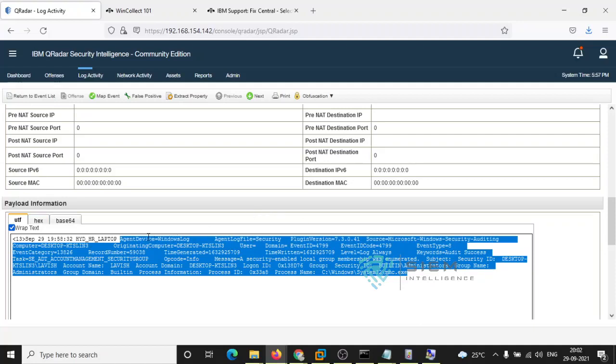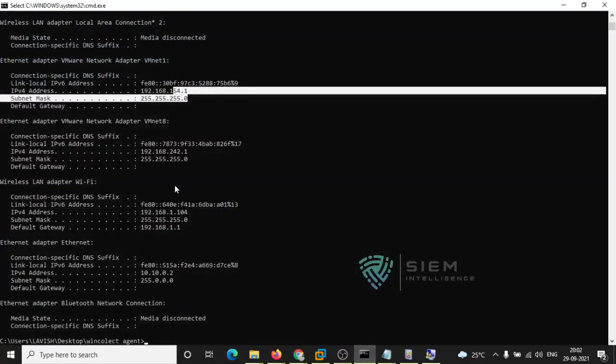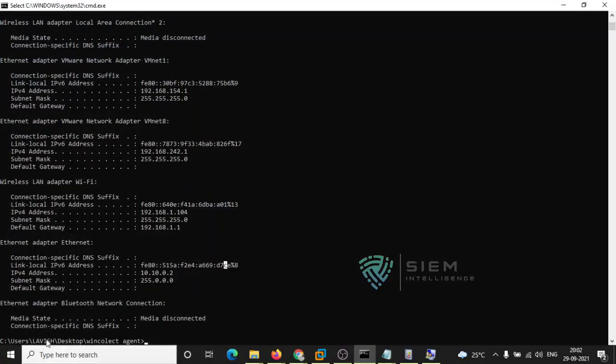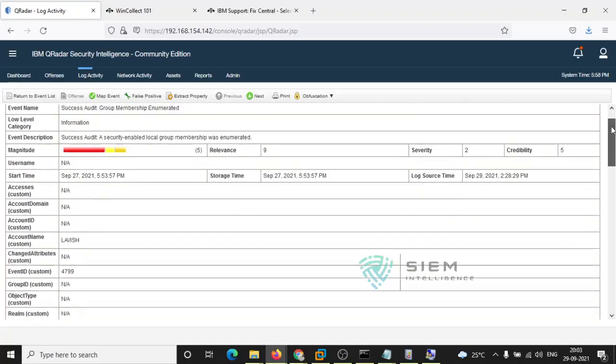Over here you can come to know this is the device, a Windows log, and the source is Microsoft Windows Security Auditing log, and the computer is from here. See, this is my source, this is my computer name, domain, and everything. It will start giving so much information over there. See, this account name is Lavish. If you see, this is my command. If you check, this is my user. See, Lavish is my user. You can check here. So like that, the logs will come, and you can get so much information over here. We will discuss each and every log.